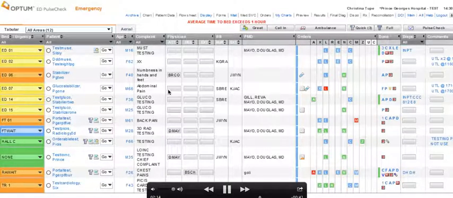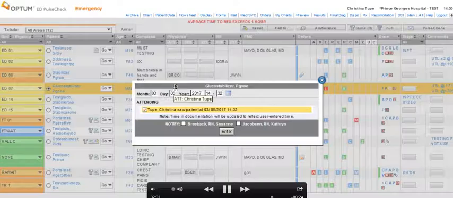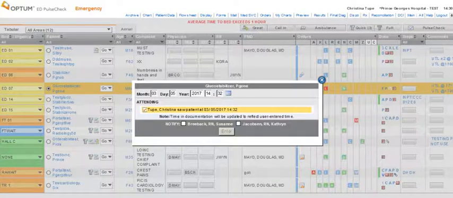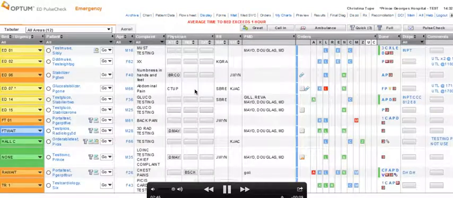Say we wanted to sign up for the glucose stabilizer patient here. I am an attending, so I am going to click the attending spot here, and I'm going to right click in that area right there. Right when I right click, that marks the time when I've seen the patient, and so I would just click enter, and now I am signed up for that patient right here, and I'm the attending on record. If you were the resident, then you'd sign up for the resident spot, and that will be very similar, or physician